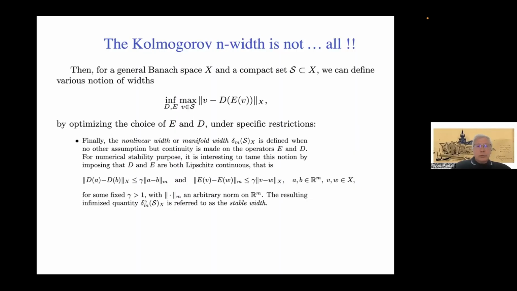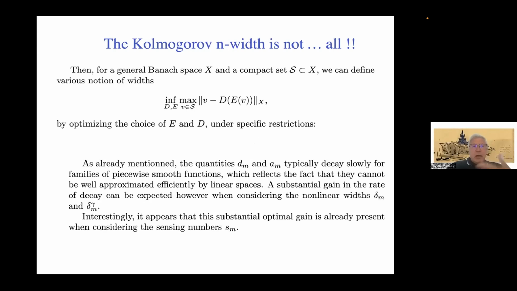Okay, and now we arrive at the nonlinear width, or manifold width, where E and D are any, and so not exactly any, because for stability purposes, we are interested in having a Lipschitz condition on D and E, and this results in the delta gamma M of S, which is referred to as the stable manifold width or stable nonlinear width. Okay, so now we have many ways to conceive